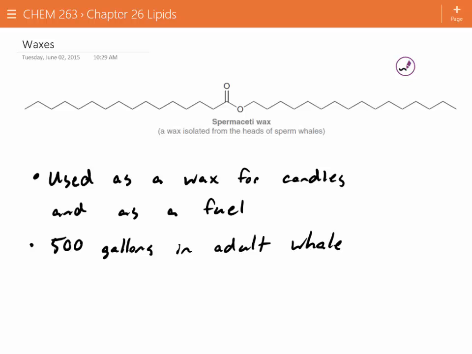So did they just not know how to make it synthetically? No, now we can make this synthetically. Before, we didn't have the technology to. Yeah, whaling continued all the way through like the 1930s before we kind of got the picture that this was